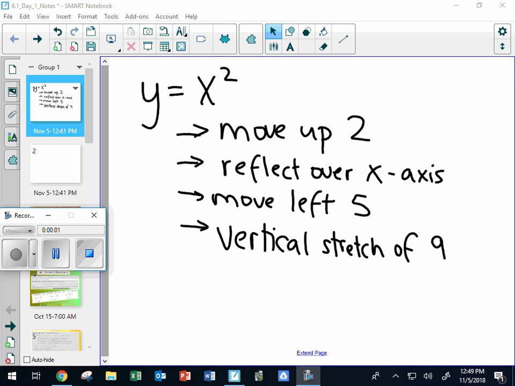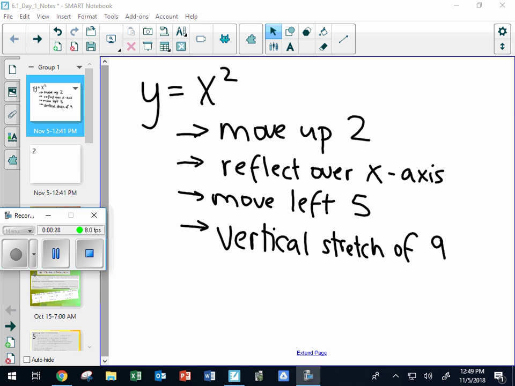Because today is our review day, I wanted to cover two topics that we kind of briefly touched upon, but to go a little bit more in depth with it. And so the first is this idea of quadratic transformations. We've done transformations in the past, but specifically with these kind of quadratics, I just wanted to review a little bit. So starting from our standard y equals x squared quadratic equation,